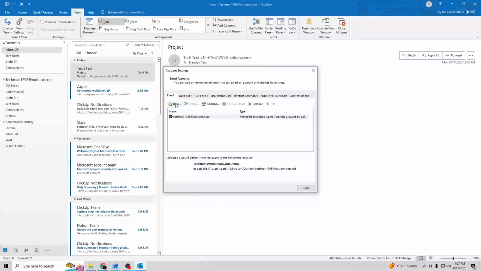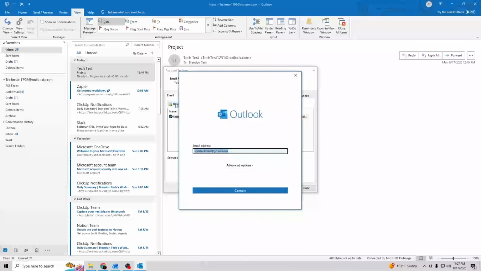So for example, I can click New, then this window will open where you can go ahead and enter your email address. Once you have entered your email address, you can just click Connect, and then you can add your account here. So now the account is successfully added, click Done, and then that should now fix your account connectivity